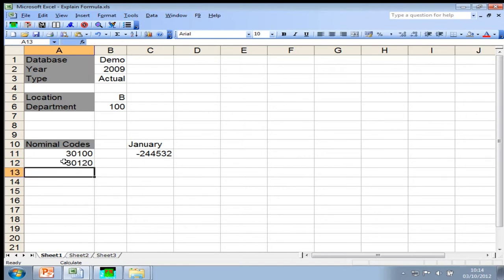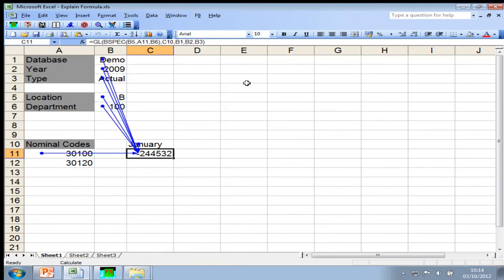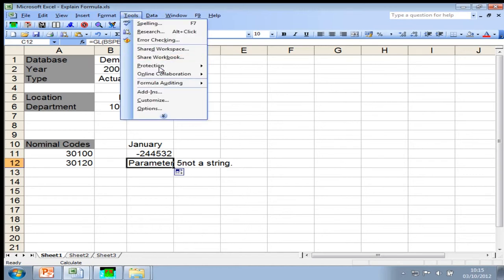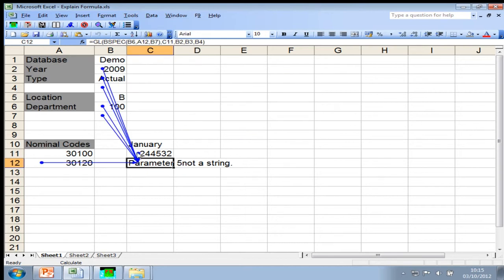The issue we have with these formulas is often not so much creating them, but copying them around the spreadsheet. If I wanted to expand on this report and put in another account code, I can't just copy and paste this formula down, because if I look at what this formula is pointing to, it's pointing to all of those cells that we're looking at. If I copy this formula down and press F9, I will get an error,